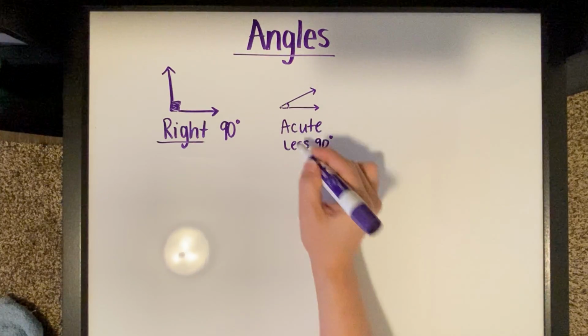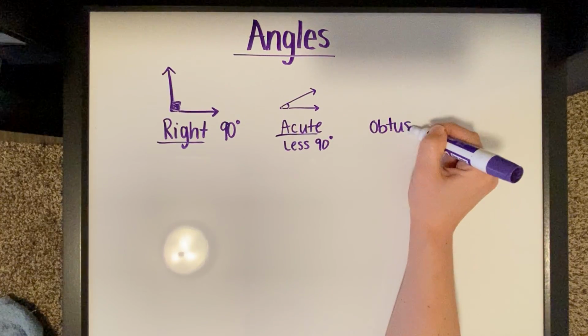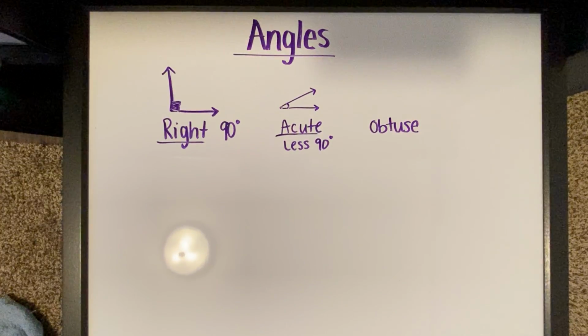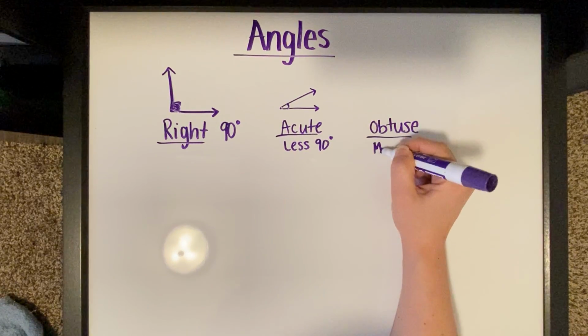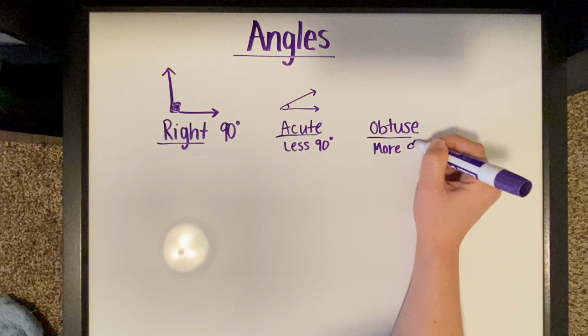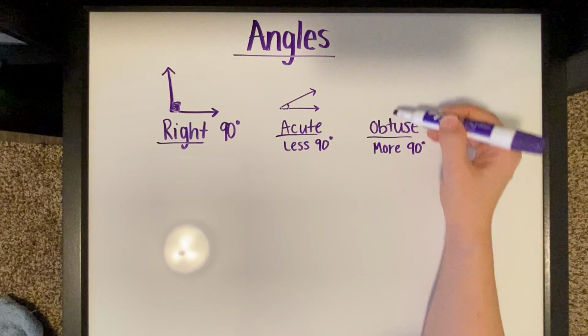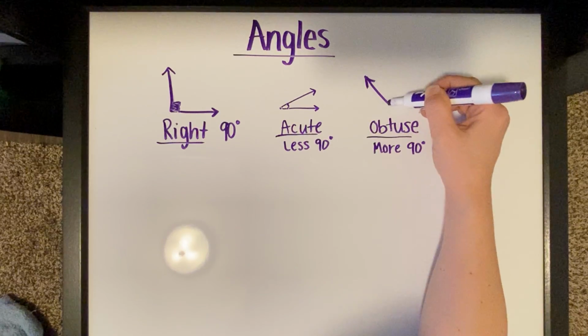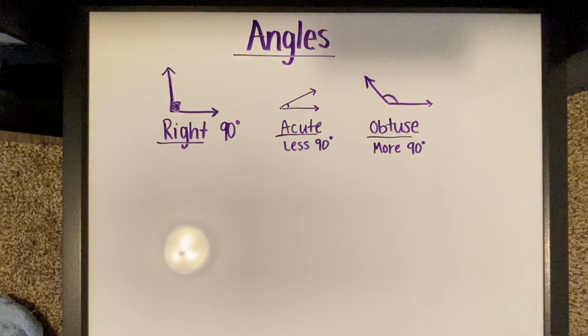So after the acute angle, we have obtuse. And I always say that it is a big angle. It is obtuse. When you have an obtuse angle, it is more than 90 degrees. So it is 91 degrees and greater. And usually it has a big mouth. It has a big opening here. So when we have those